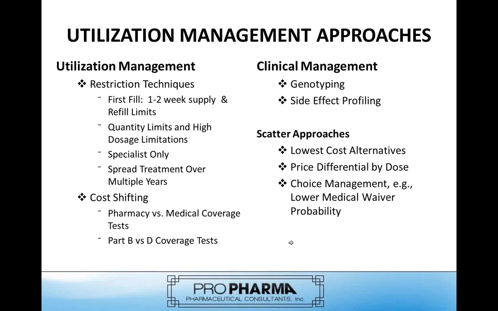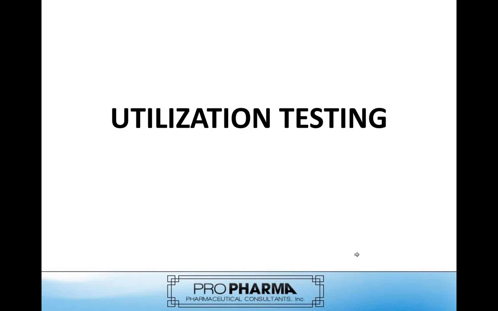Finally is kind of a scatter approach where you do everything without any particular goal in order to try and get to a result. Well, if we're going to deal with utilization testing, what I'm going to do here is give you some real examples. Now, before I do so, I want to make it clear these are real examples, and ProPharma